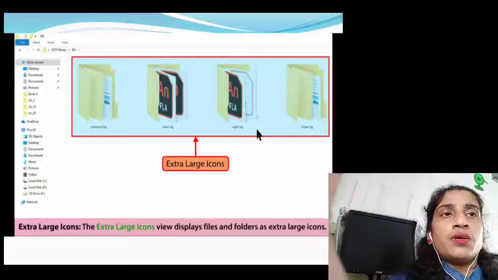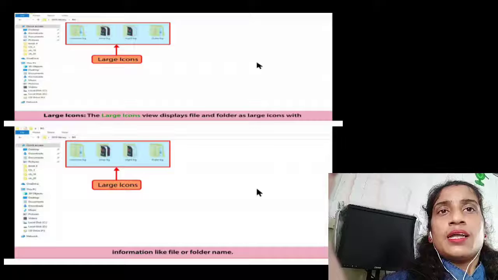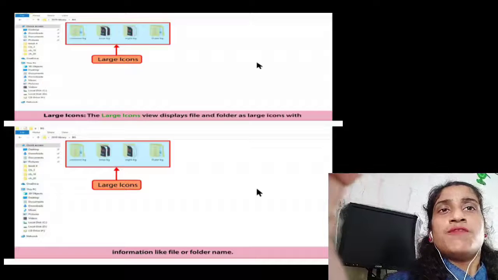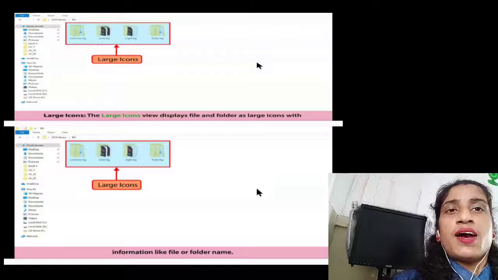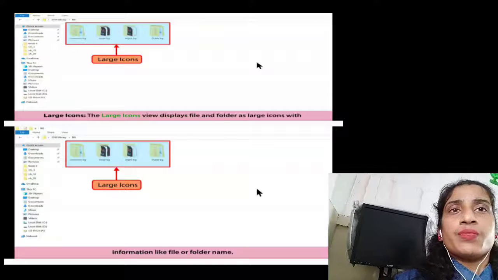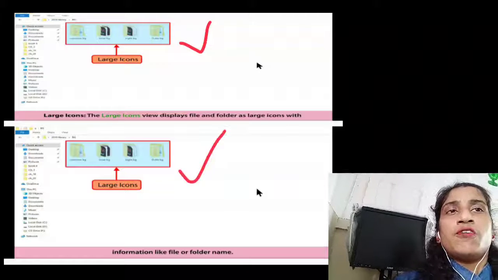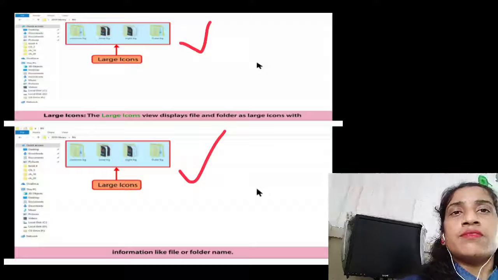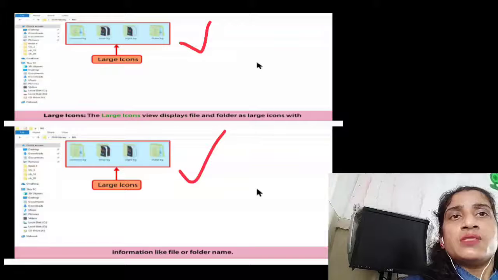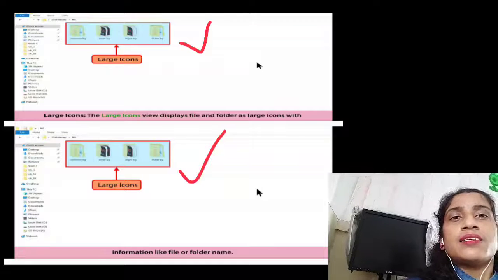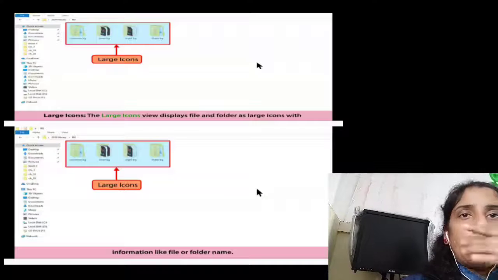Now large icon. The large icon view displays files and folders as large icons with information like the file or folder name. This one is the large icon view. First one is the extra large icon view and second one is the large icon view.